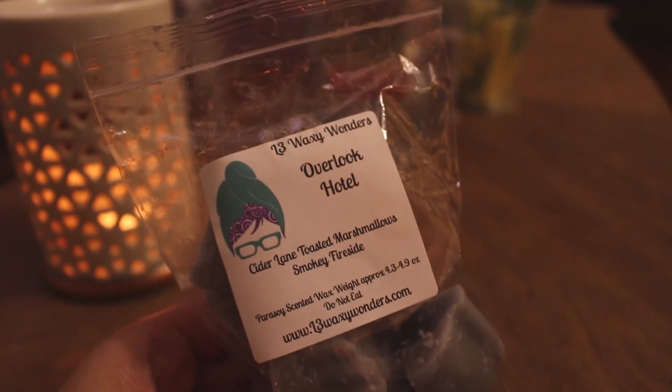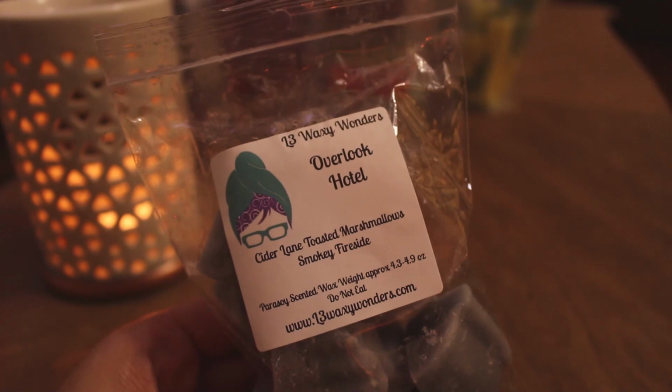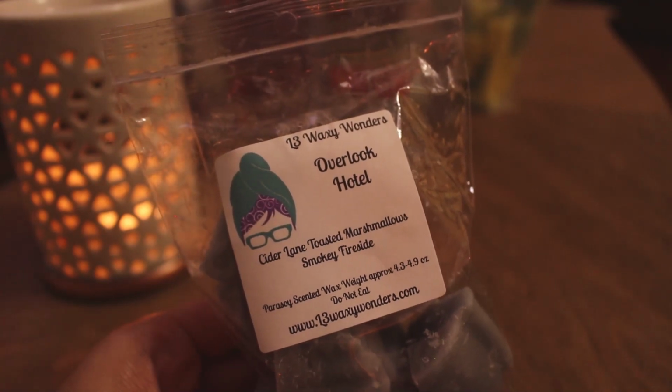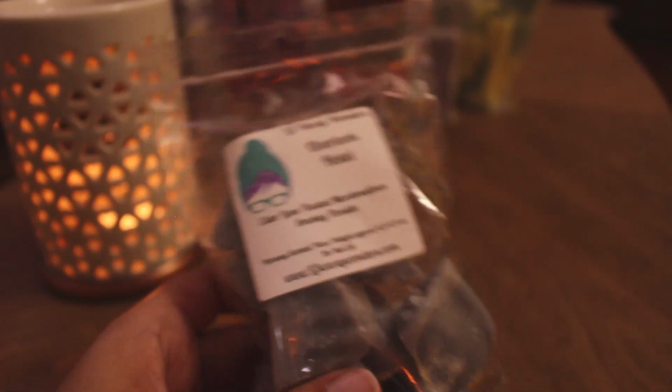I've already repurchased it. It's not here yet, but I will always repurchase this one. It just smells amazing to me. I don't know. It was a good performer, like an 8 out of 10. So yeah, that is a new favorite of mine. Okay, then I have